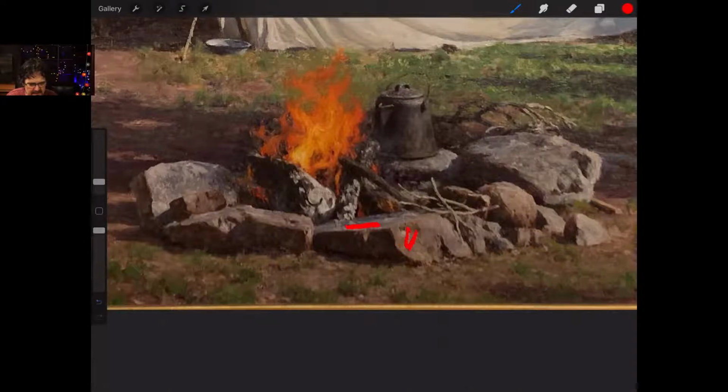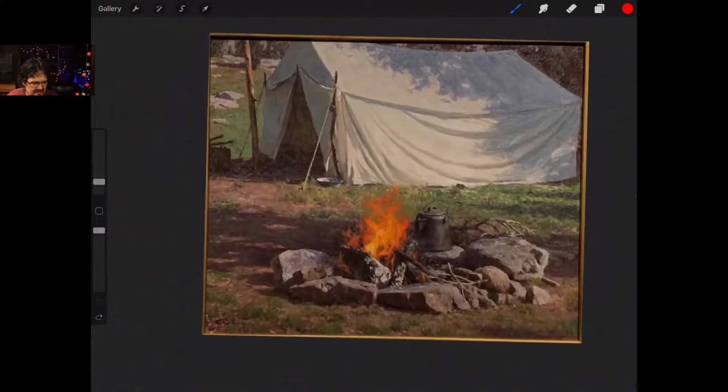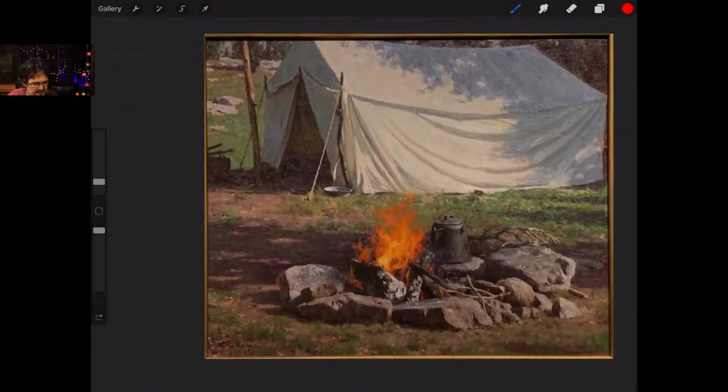But again, you step back from it, and it's like, well, what's the big deal? It's just a photograph. No, it's not just a photograph. It's a beautifully created and designed work of art. And as we become aware of how these guys and ladies did it, well, we can do it ourselves, right? At whatever level we're at.